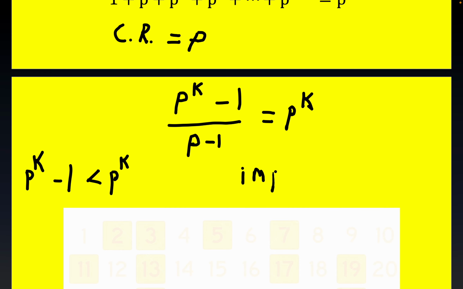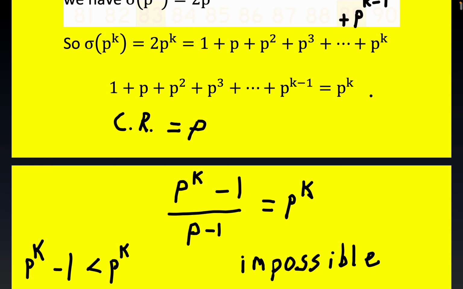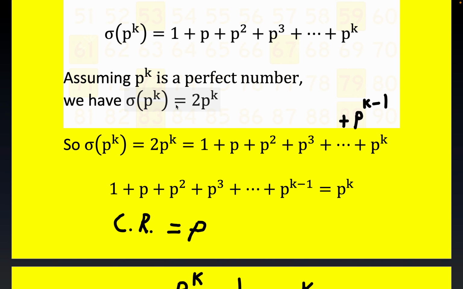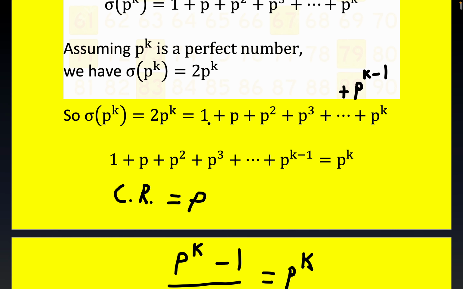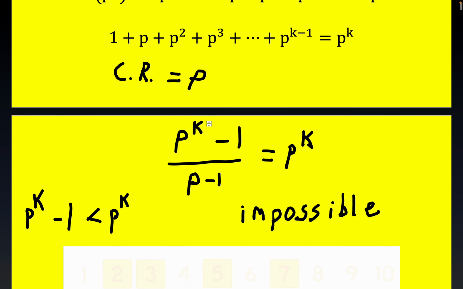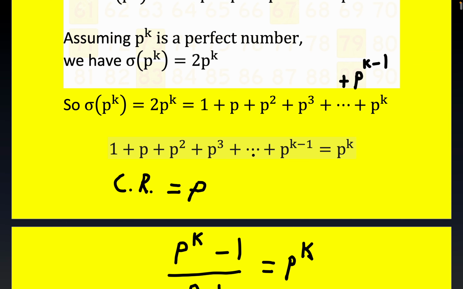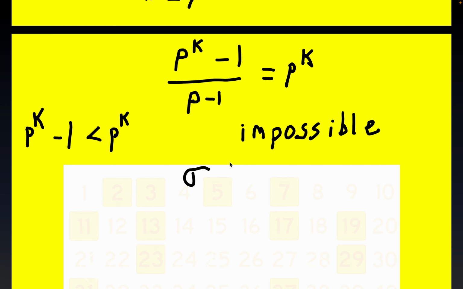Okay, so our supposition led to this impossibility, or some people would prefer to call it a contradiction. This is impossible or a contradiction, whatever language you choose here. But what bore this fruit? Well, it's this supposition right here. We assumed this is true. So what we have found is, I'll just write it down, the summation of P^K